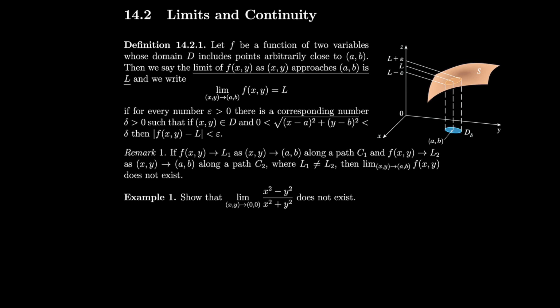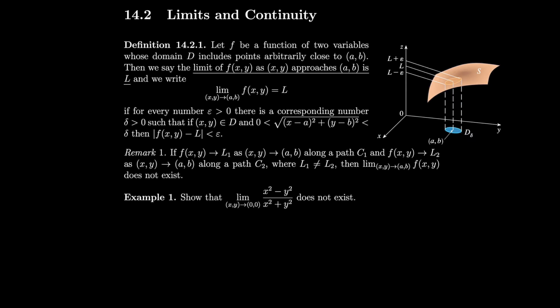Section 14.2, Limits and Continuity. Let f be a function of two variables whose domain D includes points arbitrarily close to a point (a, b). Then we say the limit of f(x, y) as (x, y) approaches (a, b) is L, and we write the limit of f(x, y) as (x, y) approaches (a, b) equals L,